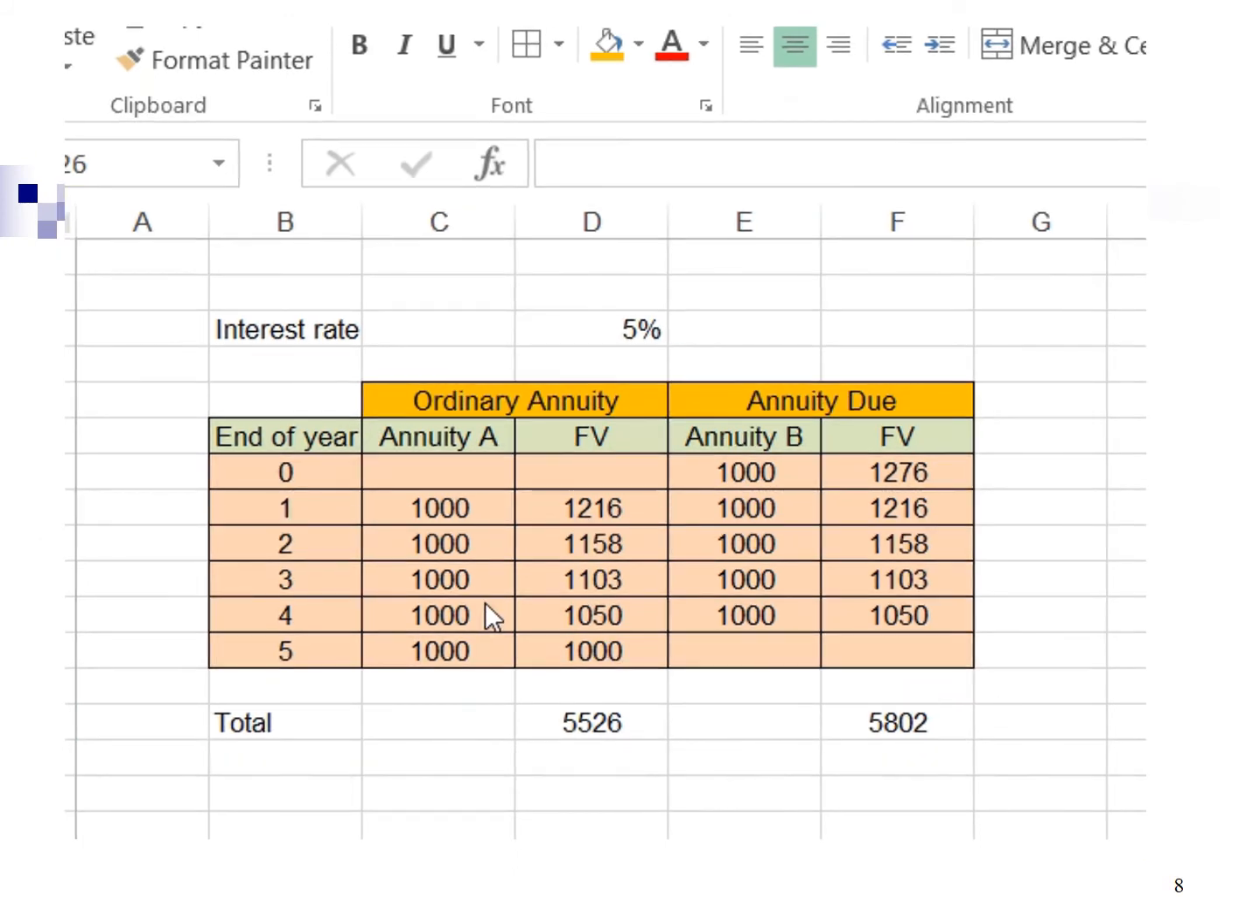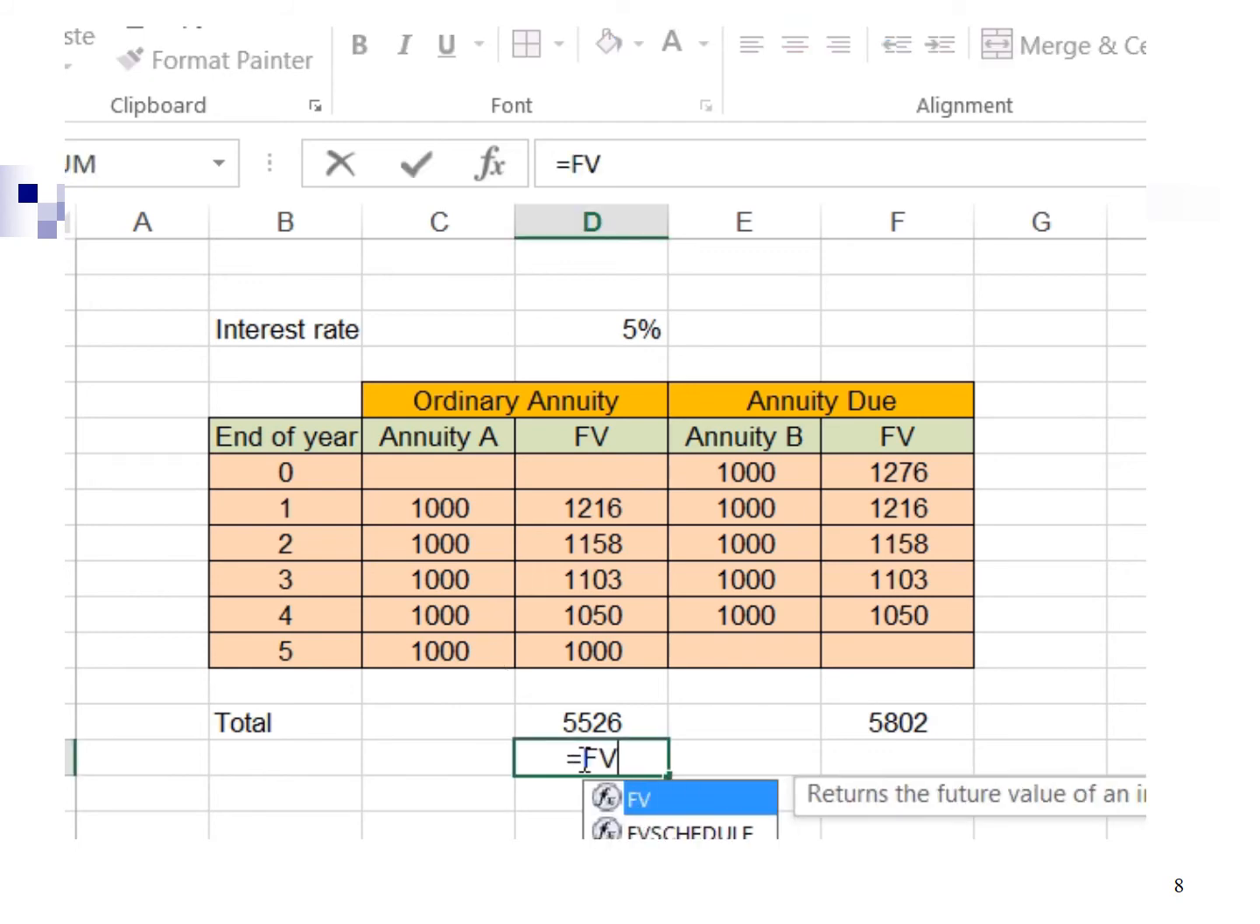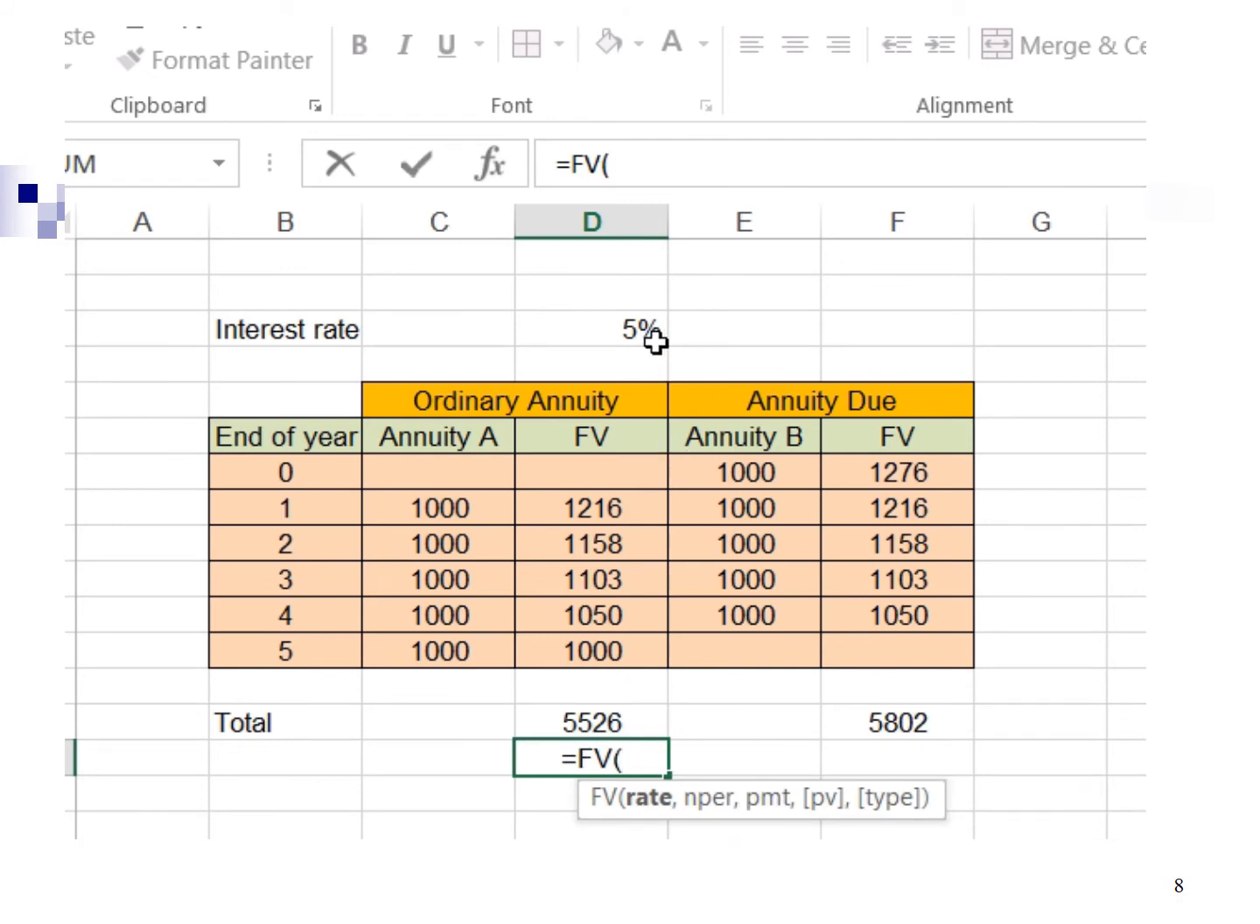We can also make use of the Excel built-in formula to calculate future value of annuity. This method is much faster. Let me show you. I'm going to type equal FV, open bracket, point the interest rate of 5%, comma, 5 for years, comma,